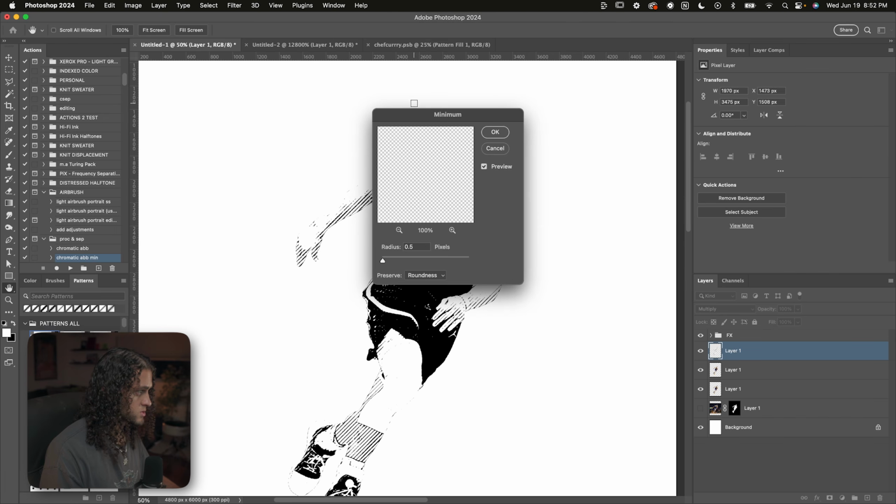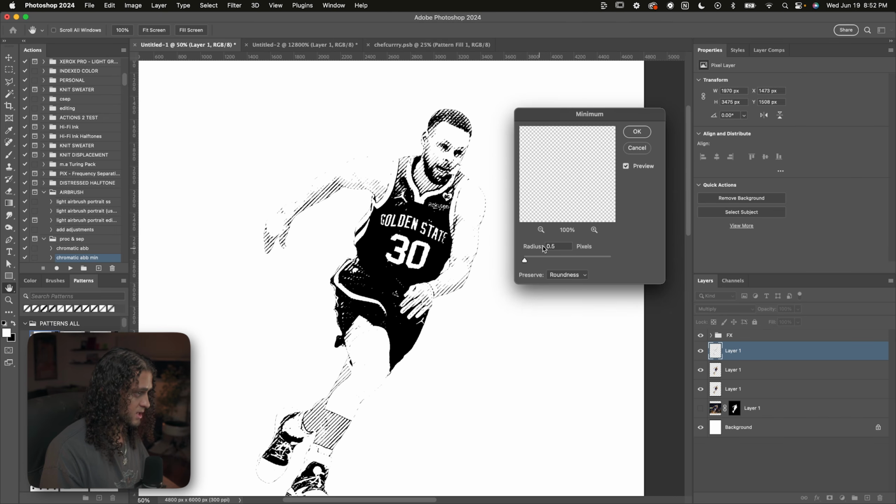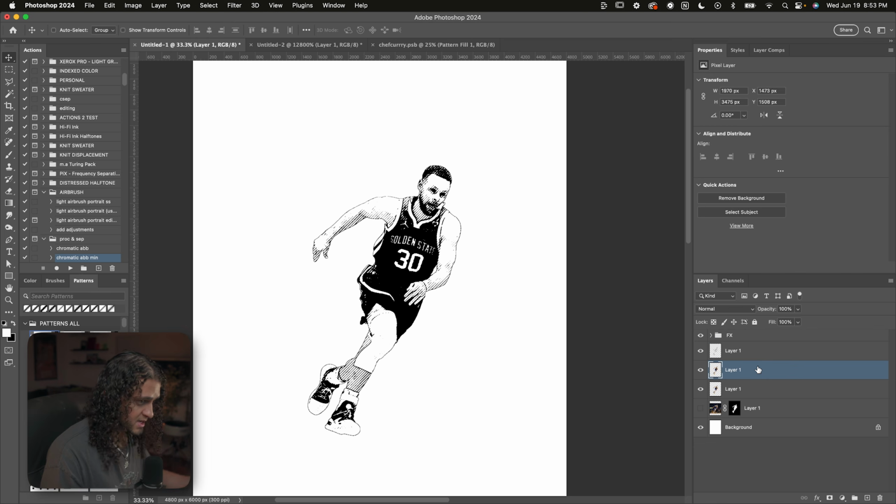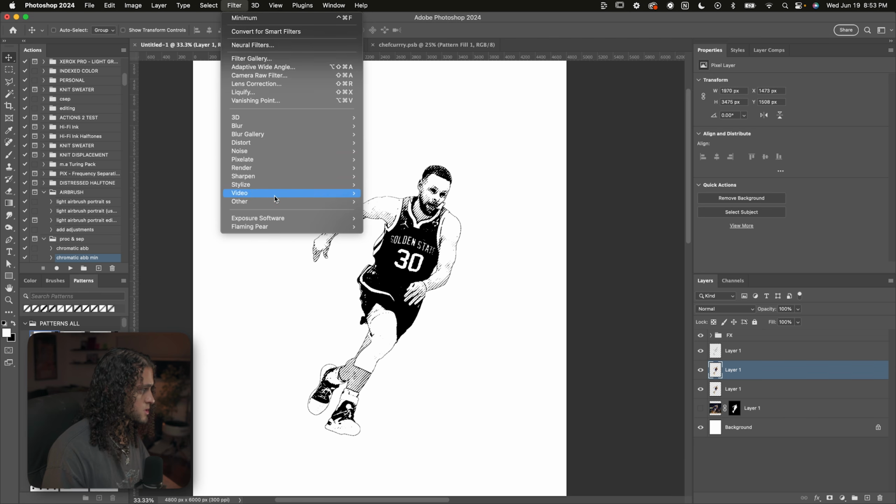And this is going to allow you to sort of thicken up those black lines by turning up this radius to whatever amount that you want. So 4 here, as you can see, really thickens up those lines. I'm going to go with something a little less extreme like 2. Press OK on that. Now on the second duplicate here, we're going to go up to filter, other, and then